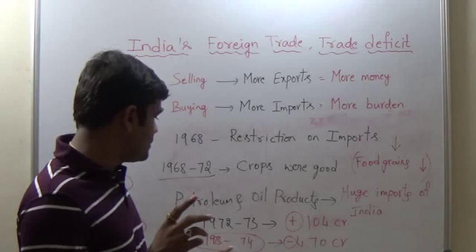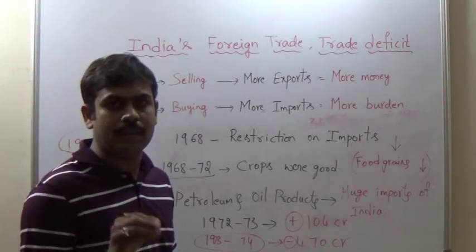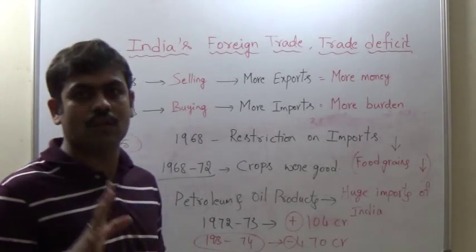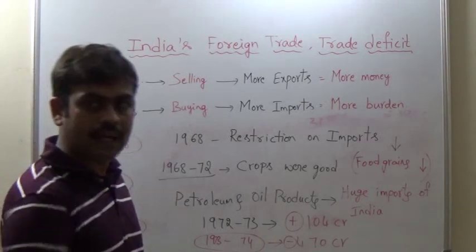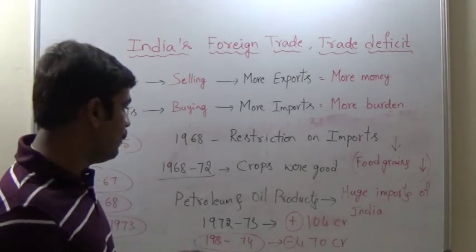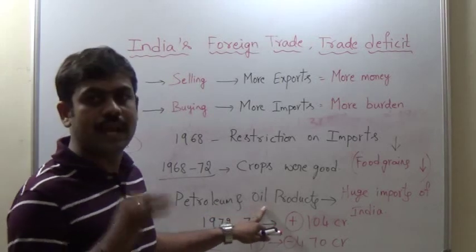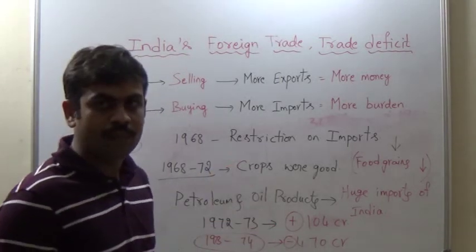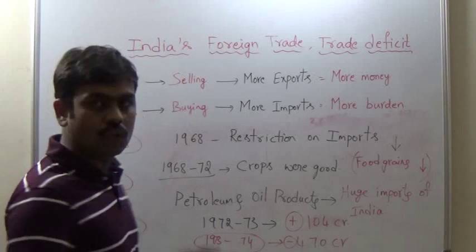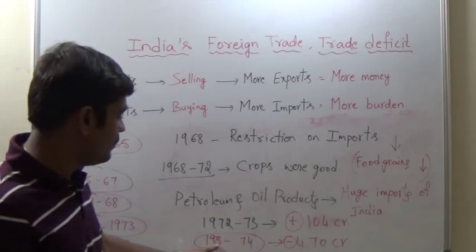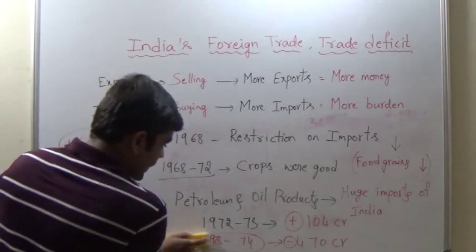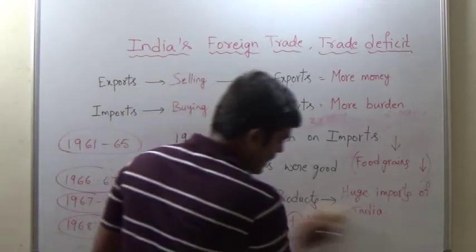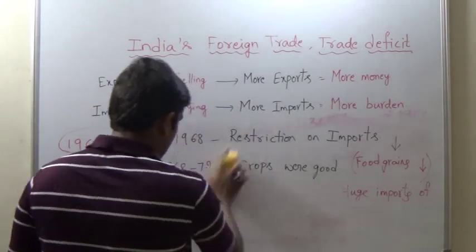The 73 and 74 is the year marked by huge petroleum crisis in the global world, which also affected India along with other countries, even though the import of petroleum and oil products came down in the previous period. What happened here? Now let us discuss the 73 and 74 crisis. See, in the year 1973 and 74,